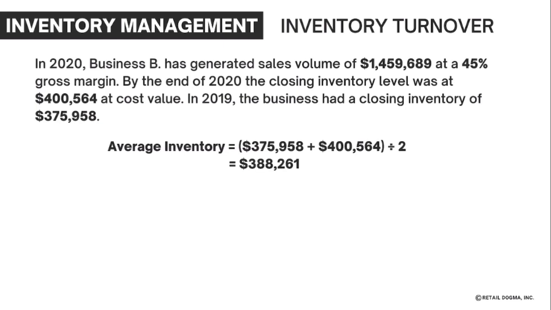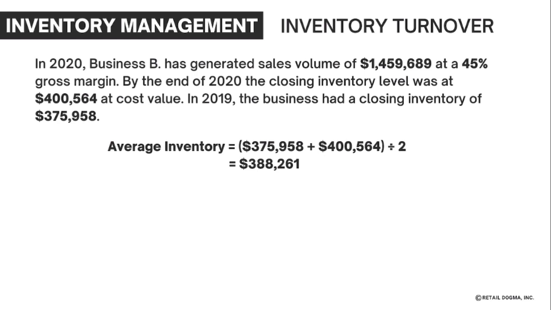So let's see an example and apply the formula. In 2020, Business B has generated a sales volume of $1,459,689 at a gross margin of 45%. By the end of 2020, the closing inventory was at $400,564 at cost value. In 2019, the business had a closing inventory of $375,958. To calculate the average inventory, we will add $375,958 to $400,564 and divide by 2. So we get an average inventory of